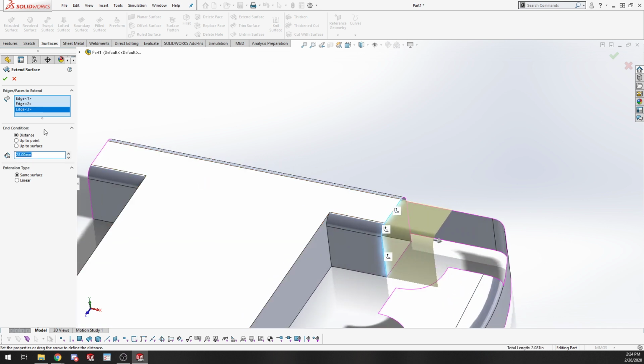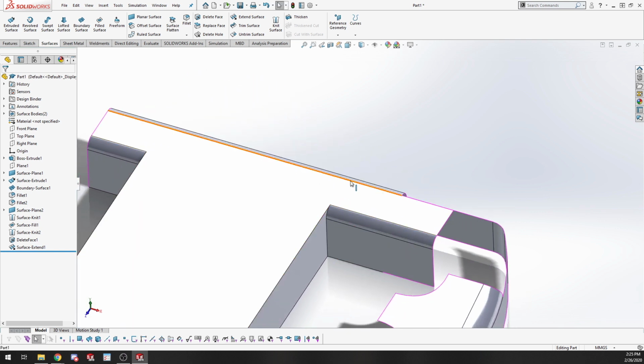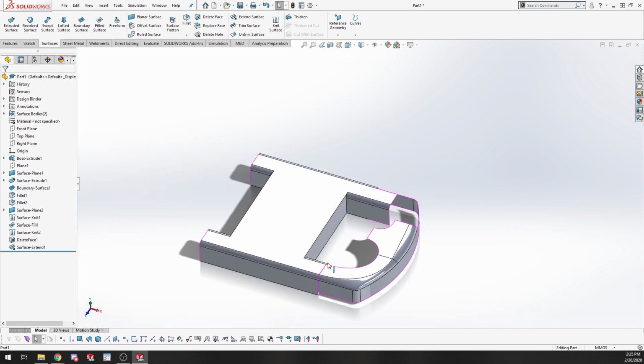Just extend that out. Boom. And it doesn't create a new surface here. It just actually takes that edge or takes that surface and drags it out. So depending on if you actually want control over this extension later on or not, you might want to create either just an extended surface or just going in and creating an extruded surface off of a plane there and converting those